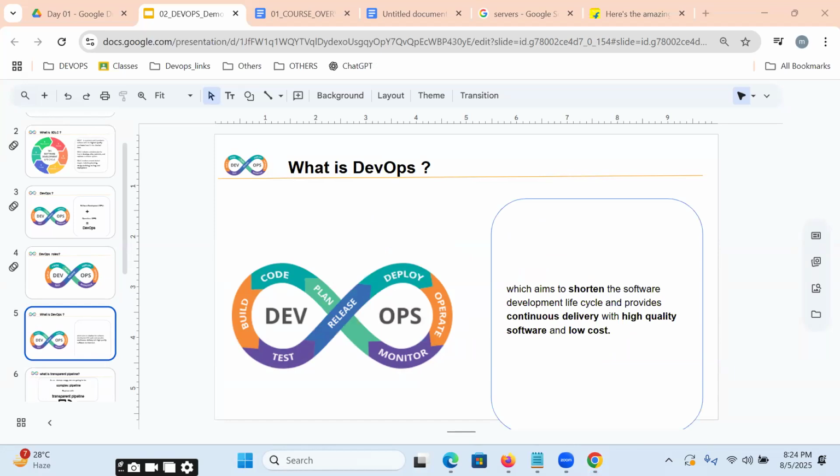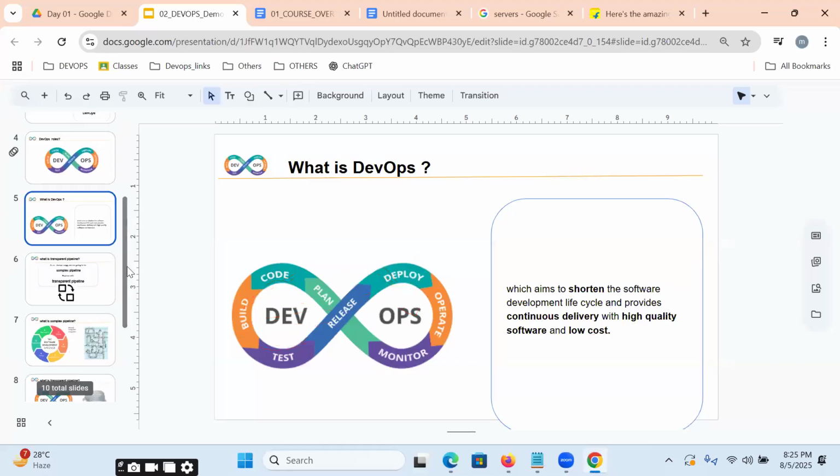Let us understand with an example. Usually the developers keep on writing lines of code. These lines of code become working software, and delivering it into the production environment in the shortest time, with high quality and low cost, is exactly what our DevOps transparent pipeline is.